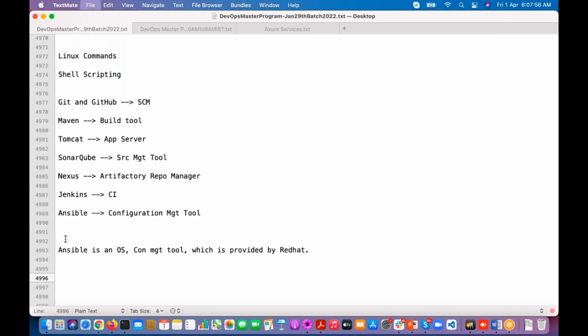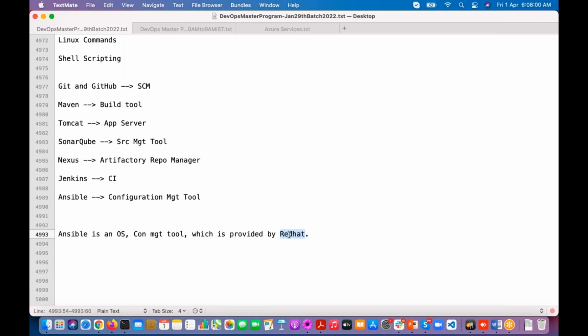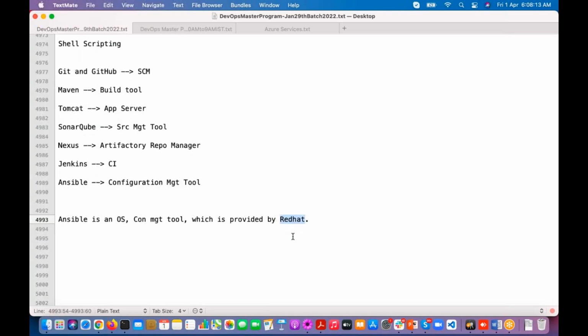Now this Red Hat company is acquired by whom? IBM. So the Red Hat company was acquired by IBM, right?